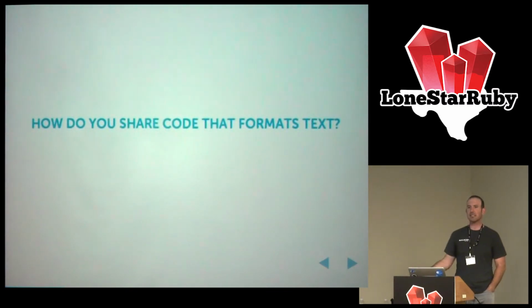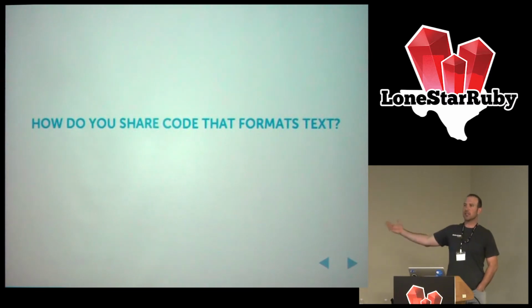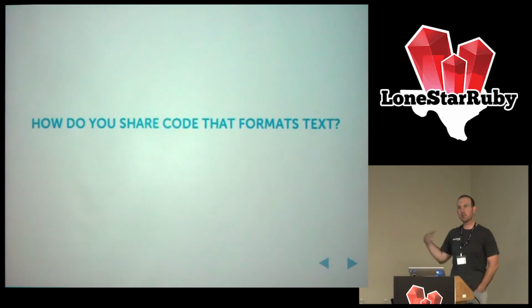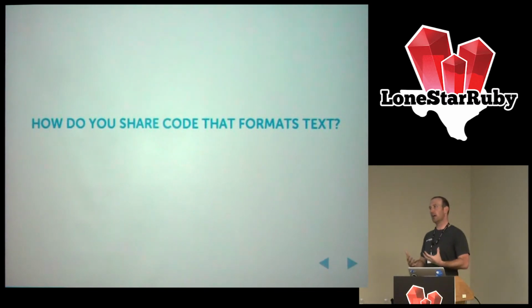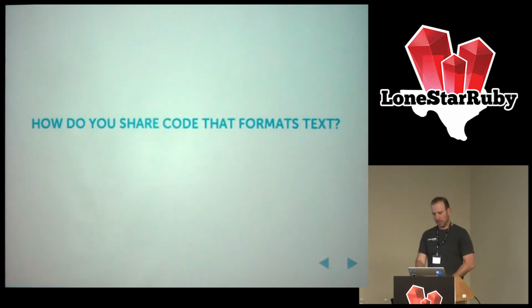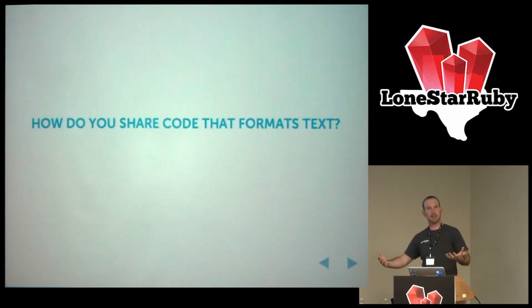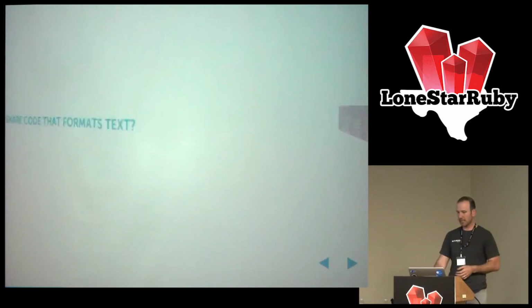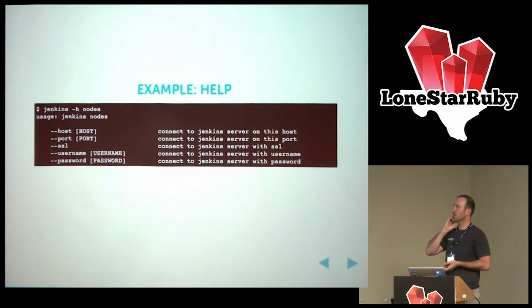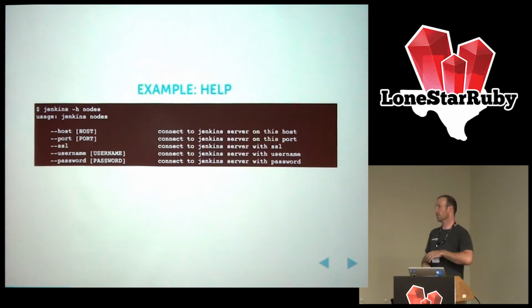The next thing is, how do I actually share formatting code in a command line application? This problem is when you have a bunch of actions that are generating output, and they share common attributes. And so you really want to just substitute the things that vary, but other things stay static in that context. So an example is, this is from a command line interface we actually wrote with Thor a few years ago, is the help.